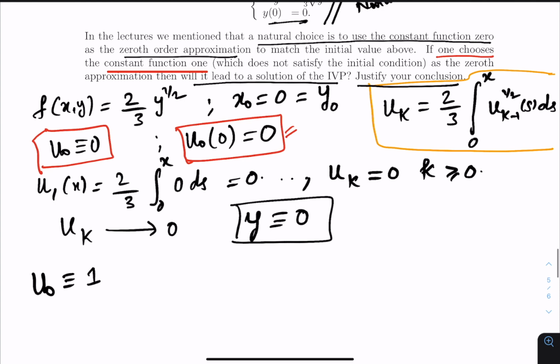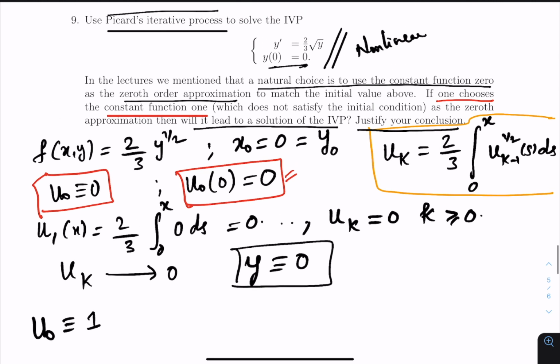Can we do this? Now, before we give the process using 1, let's just say that it doesn't really matter, right? So see, in the Picard's iterative process, how do you obtain the solution? You obtain the solution as the limit of some sequence that you construct. Right? And how do you construct this sequence uk? The sequence is uk, and so all these elements, so the sequence uk is constructed from kind of ensuring that in each process